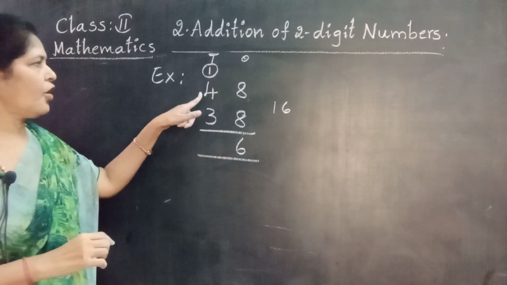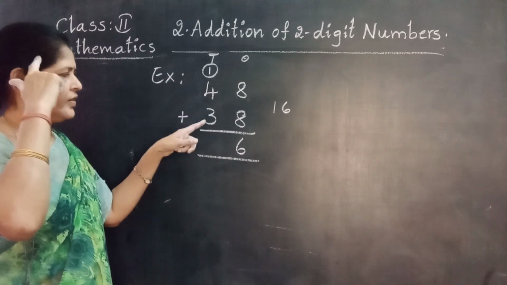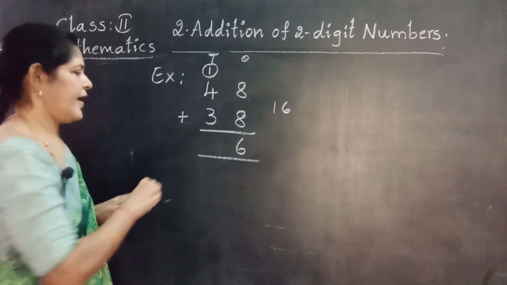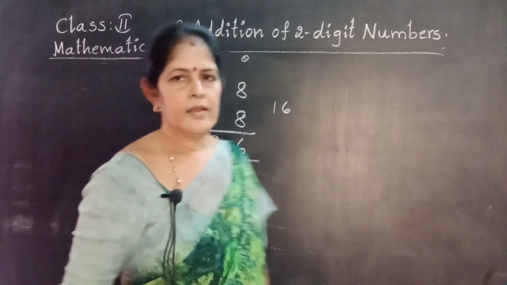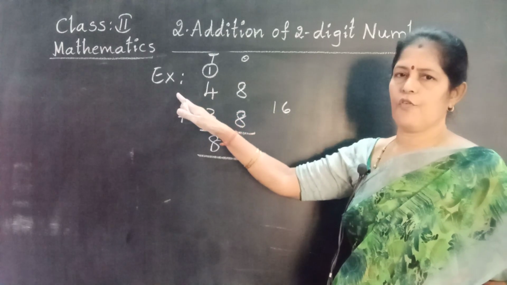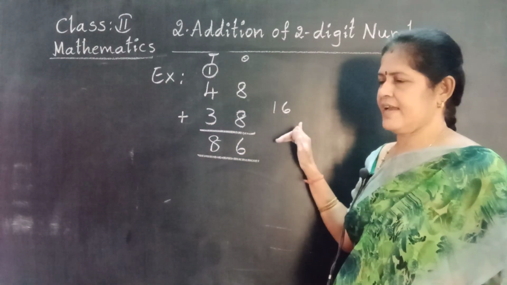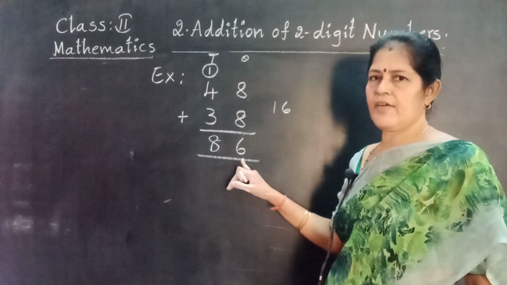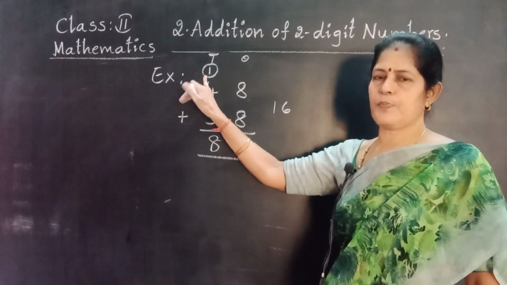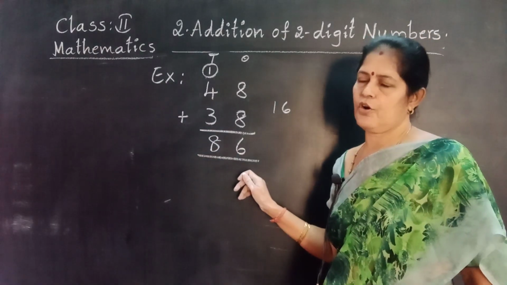Now 1 plus 4, 5. 5 in the mind. Take 3 fingers. 5 after 6, 7, 8. These are the regrouping, and that means carry over. Carry the tens place number. When we get a 2-digit number, the ones place number goes right in the ones place, and the tens place number carries forward to the tens place. Here 1 plus 4 plus 3. Did you understand the concept? Okay.